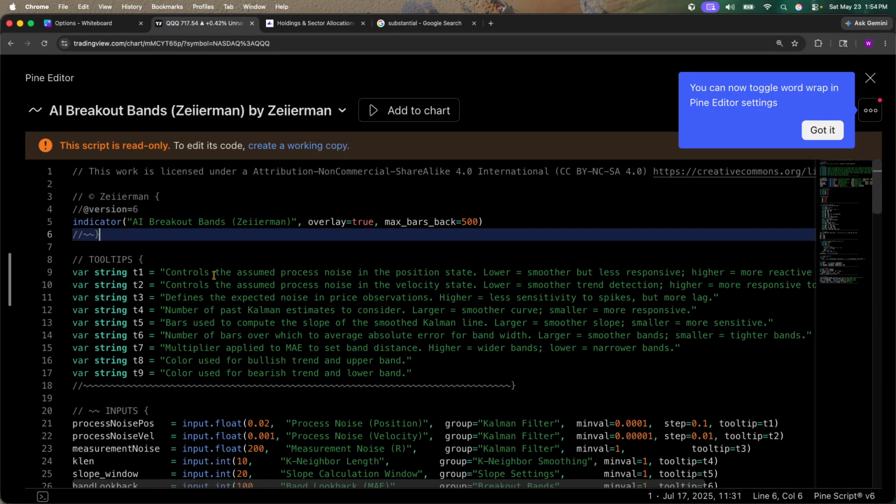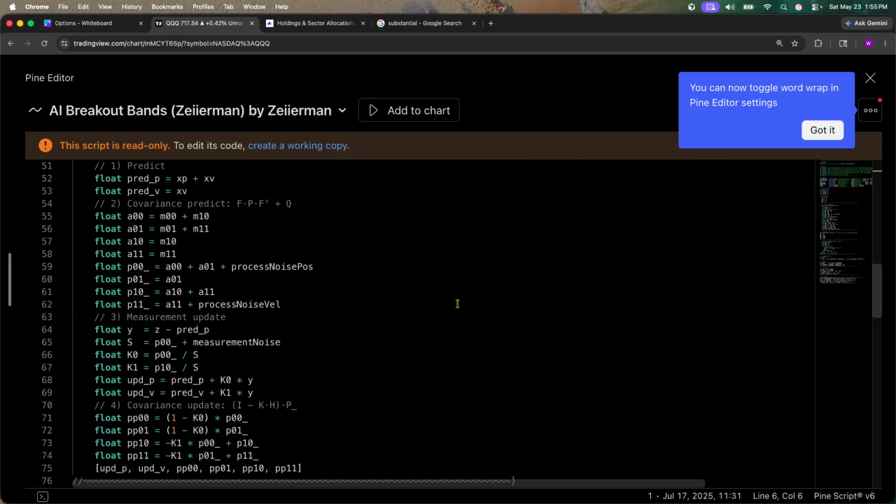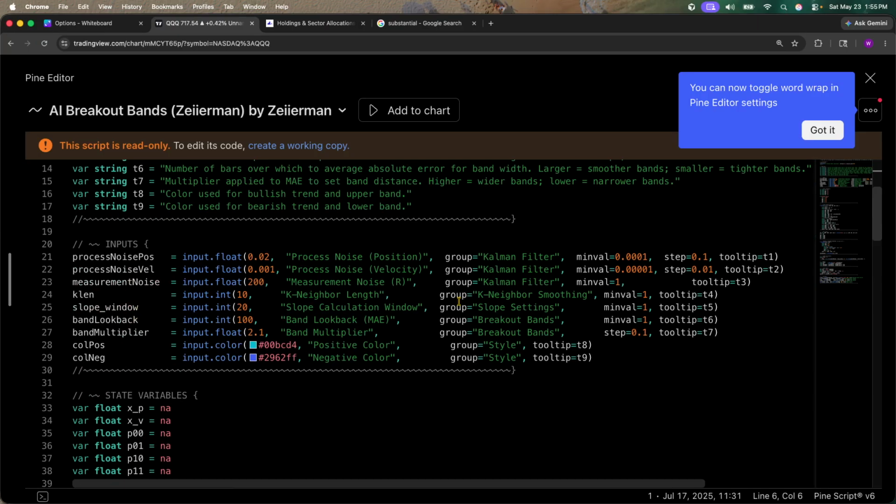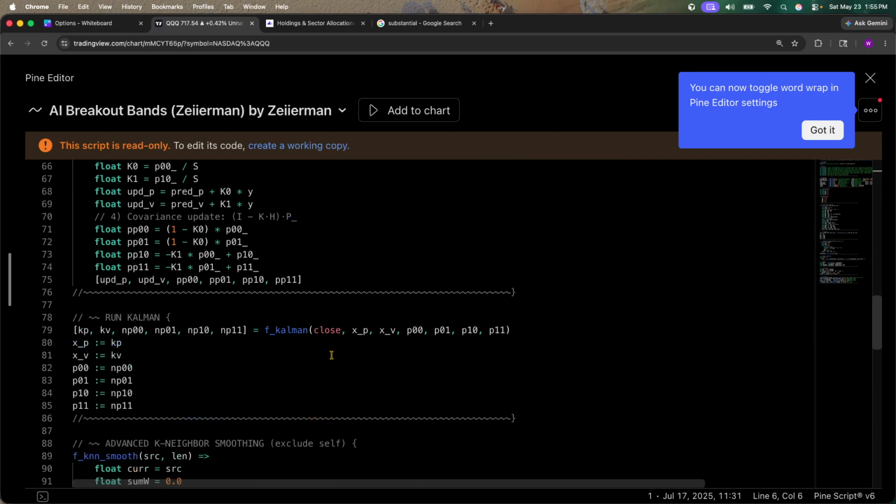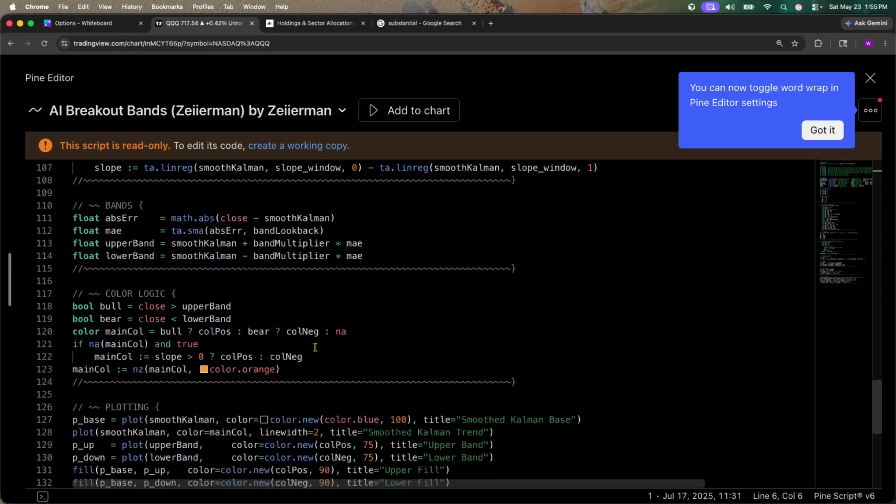So if you wanted to go over how this strat works, this shows us the code, right? It assumes the process noise and the position state. Looks like there's a little bit of machine learning in here too because of these K levels. What I'm going to do is take this strategy,